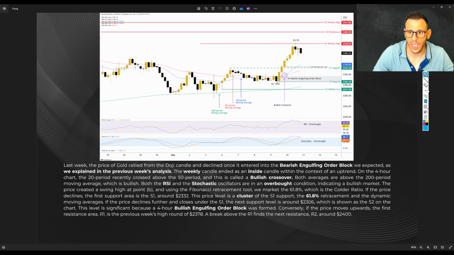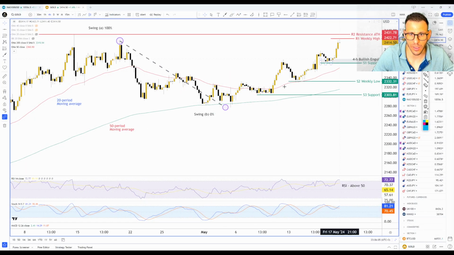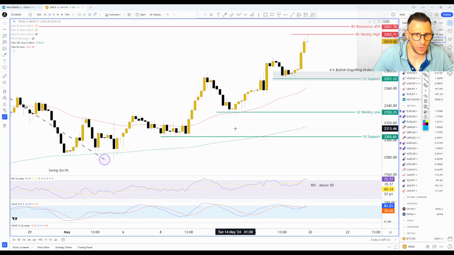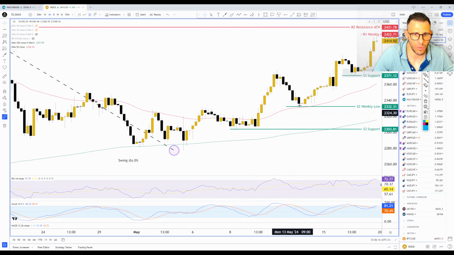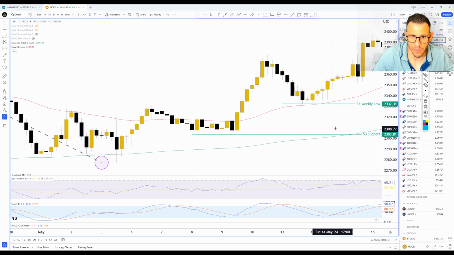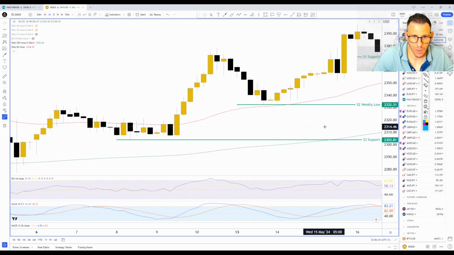So how that played out on the chart, please don't pay attention to this one, because that's the analysis we do for this week. So we were right here. That was the high, and that was the S1 with a 61.8, and the price, let's zoom in a little bit. Okay, so the price traded all the way down,